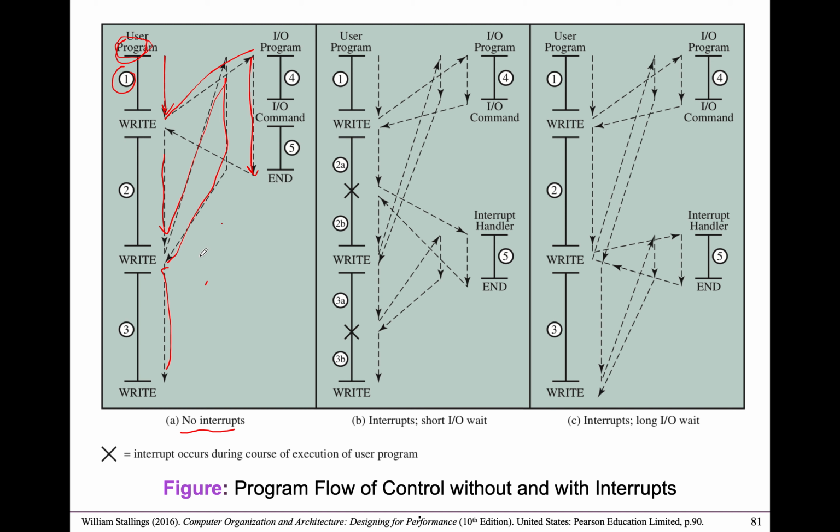It's going to be continuous basically. So this is the normal flow for no interrupt. And B,